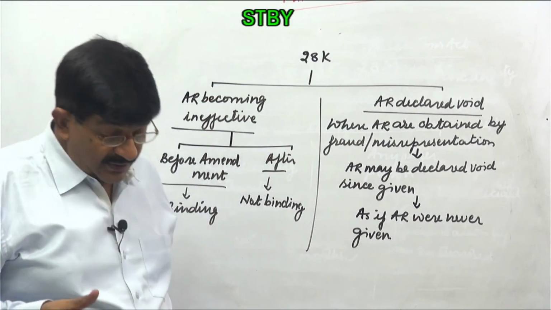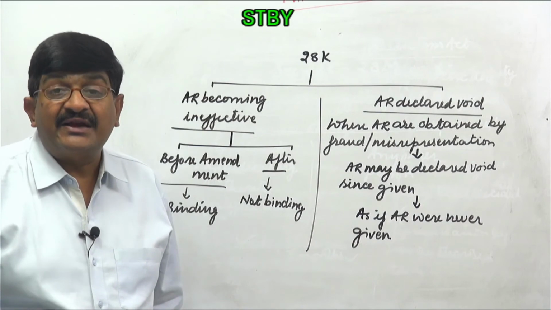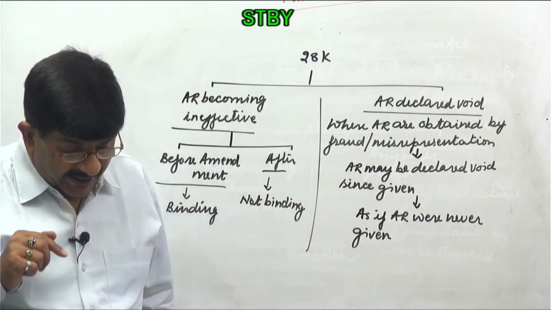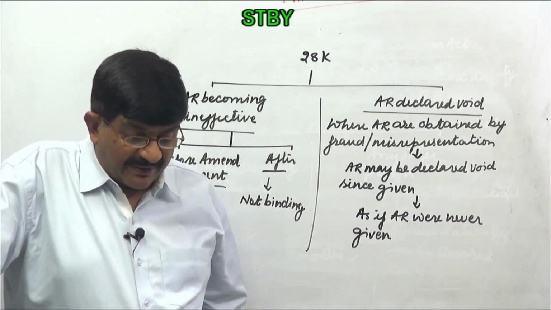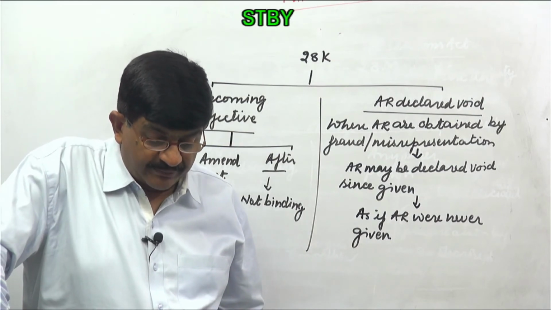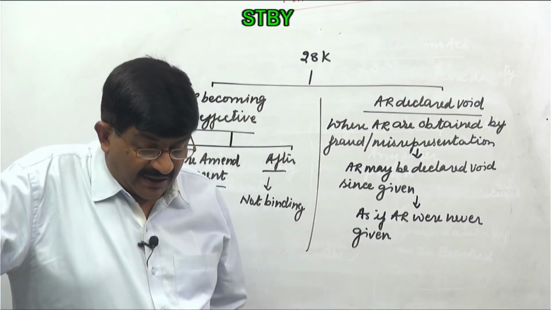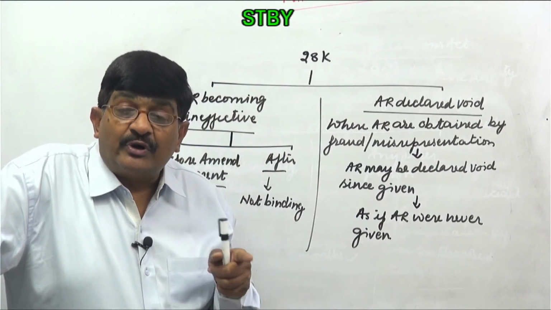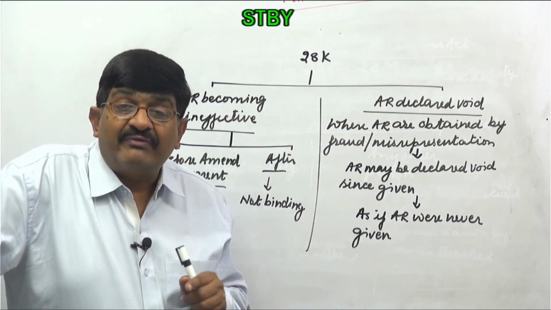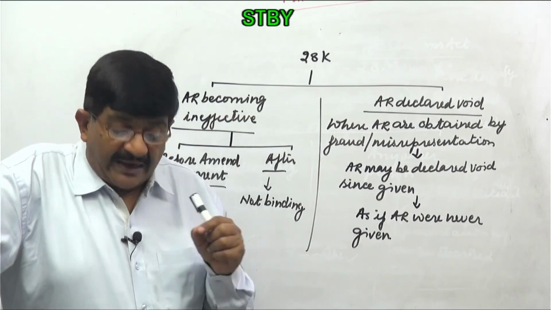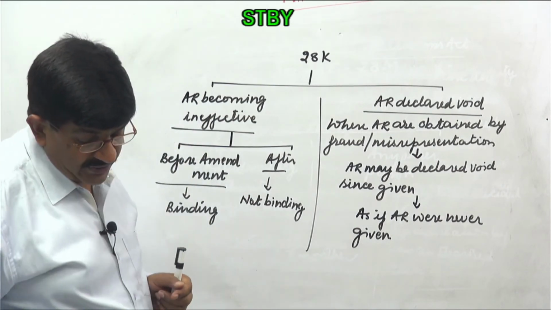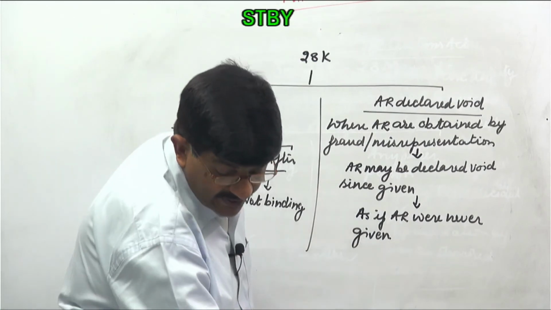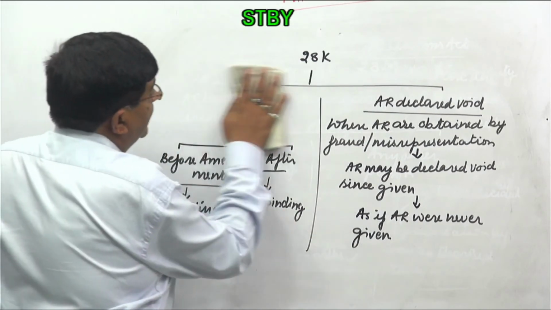Then next comes 28KA, that is appeal. Any person who is aggrieved by an order passed by the authority for advance ruling can file an appeal before the appellate authority for advance ruling within 60 days, and on good cause being shown, it can be extended by a further period of 30 days. So 28KA,